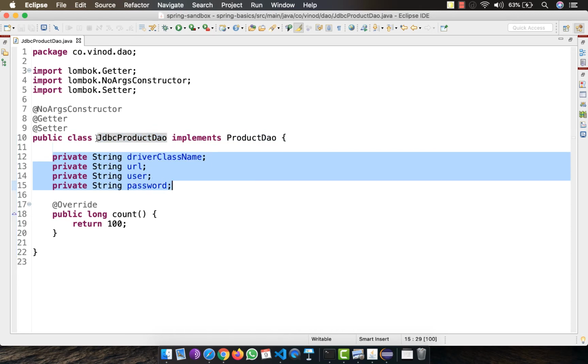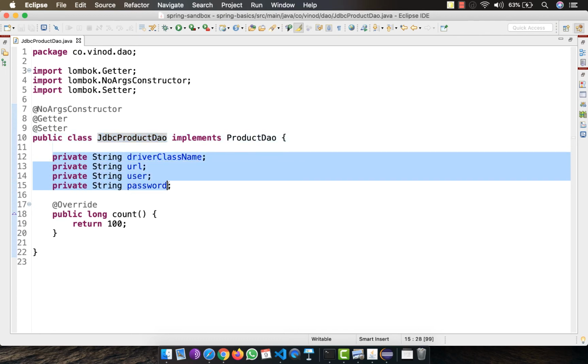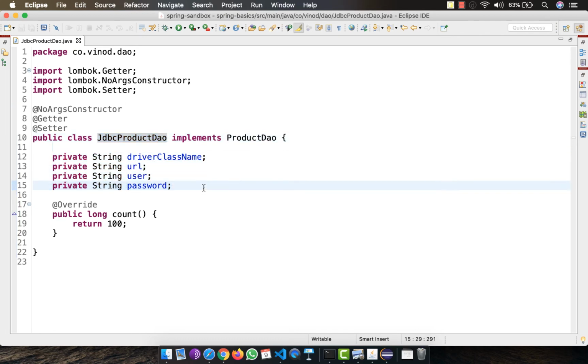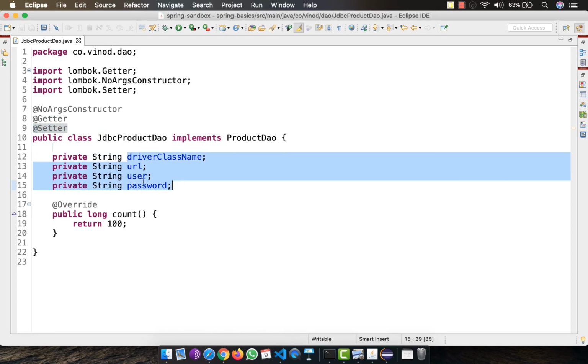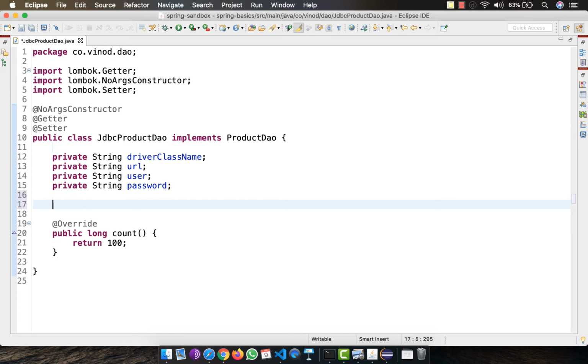In our case, Spring instantiates this. So let's ask Spring to pass on these dependencies over here. And the dependencies are supplied using the setter or constructor. I don't have a constructor that takes these parameters, but if I have one, I can make use of the same. Let's also add a function here, which is going to be used by maybe many other functions,